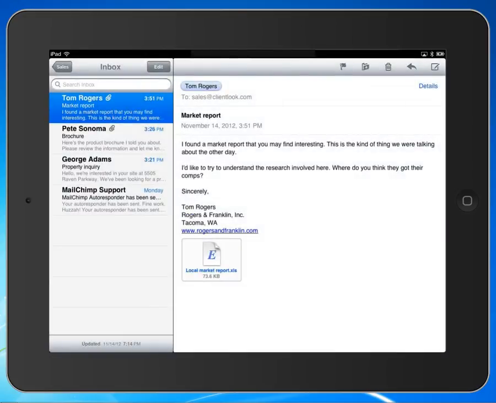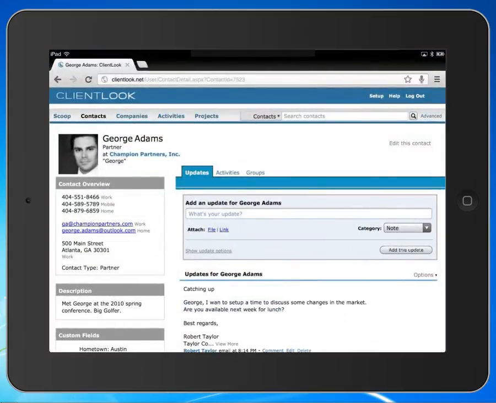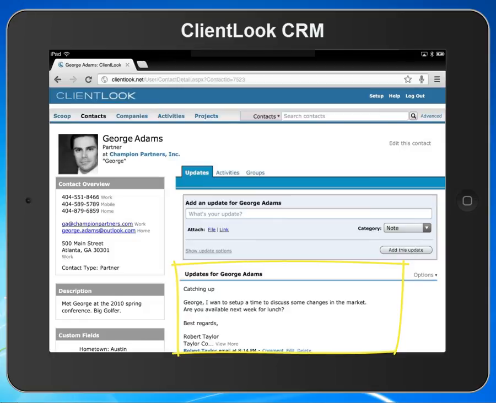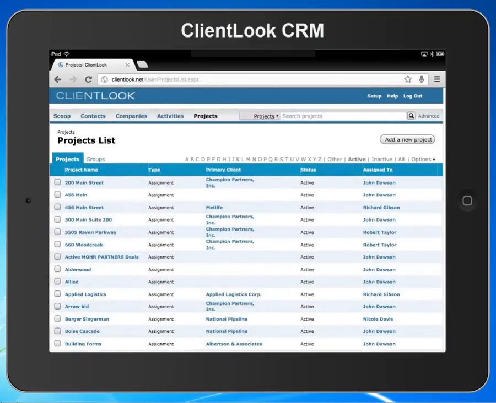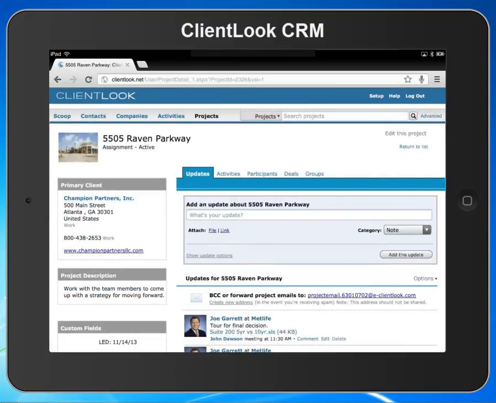Now back in ClientLook, we see my email appear under the Updates tab for George Adams. George, I want to set up a time to discuss some changes in the market. ClientLook offers this exact same feature with its projects too. Each project has its own email address, shown here in the middle of the screen, that allows you to easily organize every email you send around your assignments. It eliminates the need to manually manage your email in folders or with special labels, and it's the perfect solution